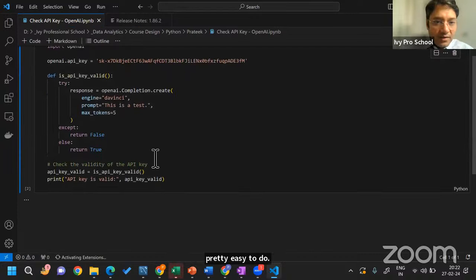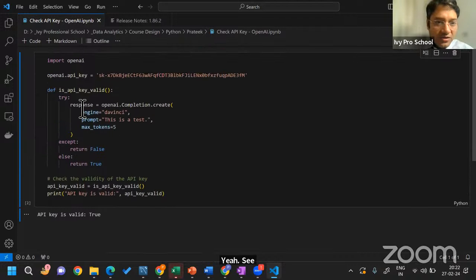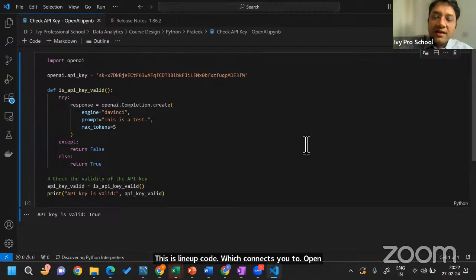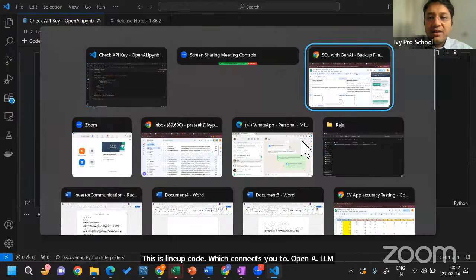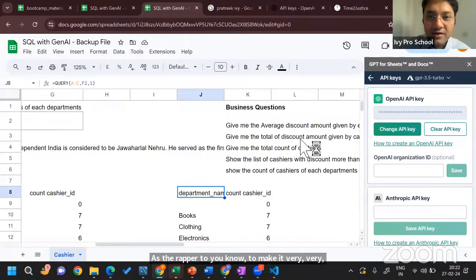Yeah. See, this API key is an old API key, so even if you see it, it's not a problem. It's a very simple thing, that's it. This is the line of code which connects you to the OpenAI LLM through API. What I'm trying to say is that here I've used Google Sheet as the wrapper to make it very simple and friendly for any non-techie to use